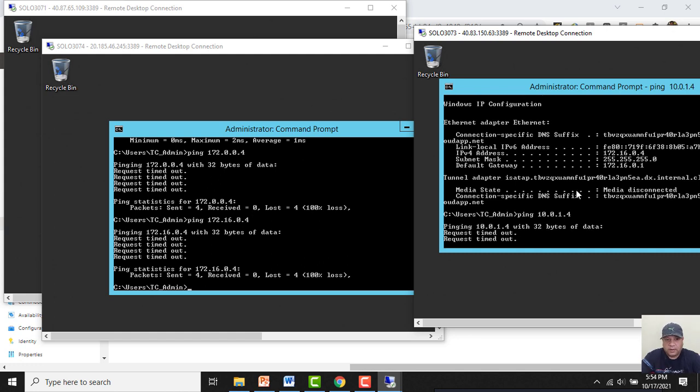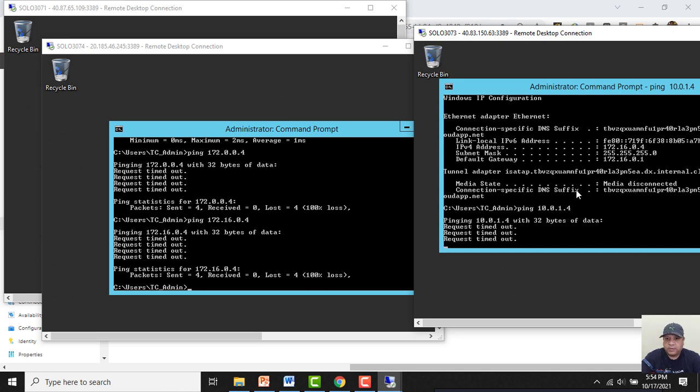See, so from subnet B in network A, we are not able to ping the virtual machine in network C.